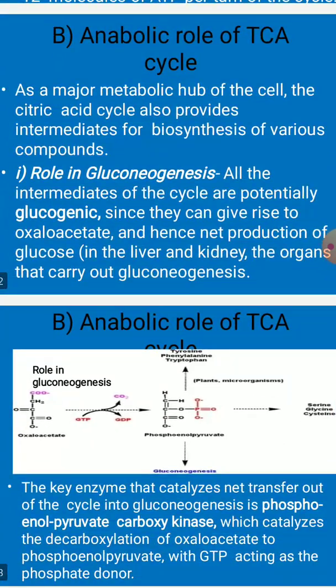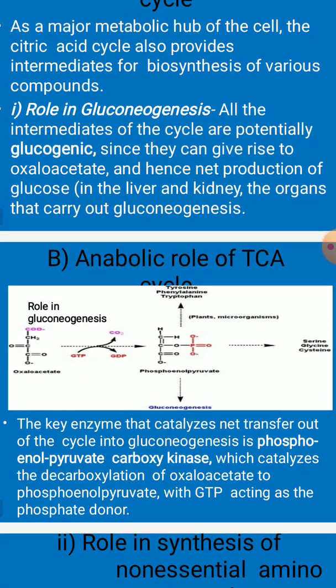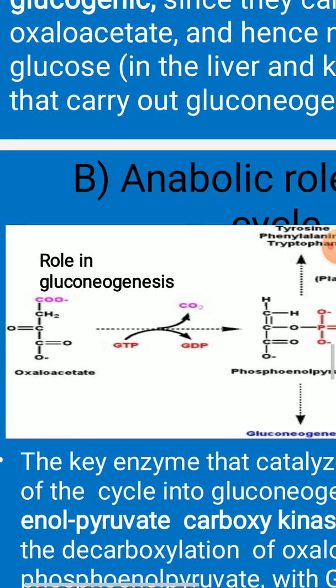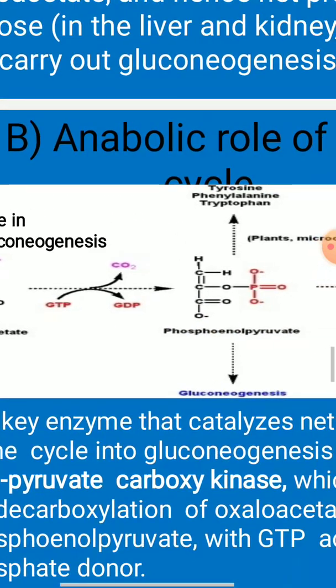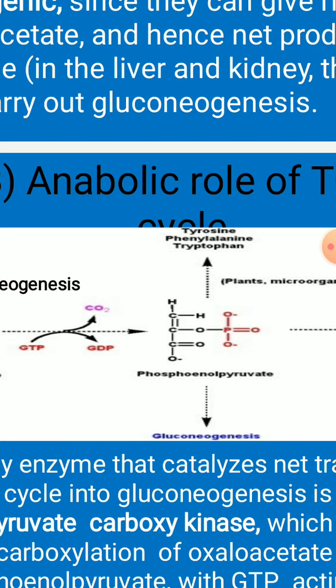So you can see here the anabolic role of TCA, how it plays a role in the gluconeogenesis process. You can make out the formation of oxaloacetate by the enzyme pyruvate carboxylase. You can see the formation of phosphoenol pyruvate by phosphoenol pyruvate carboxykinase, and this particular phosphoenol pyruvate is going to act as a